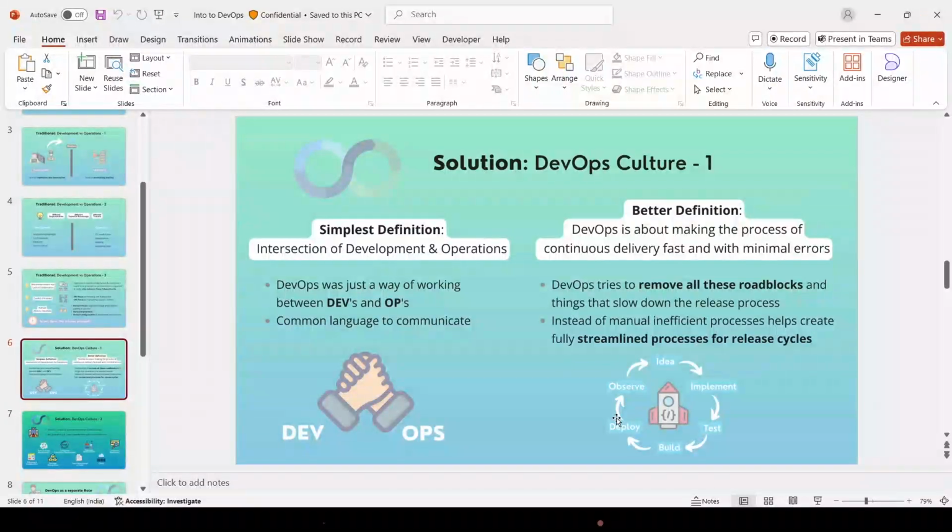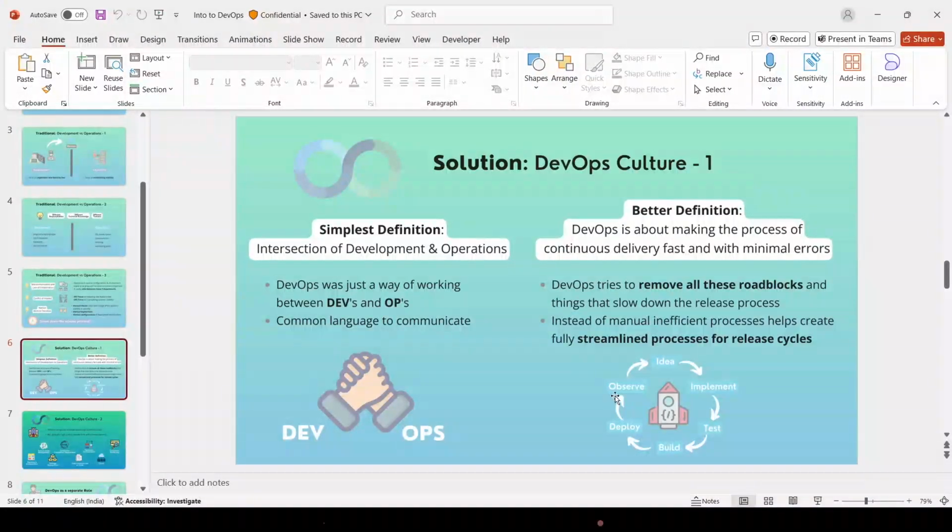Once deployed, we can't leave it like that. Like if the Amazon Big Billion Day sale is coming, and immediately they have to switch from the normal Amazon site to the Big Billion Day site. If they just switch and leave it, because of high traffic and in case there are some bugs, it will crash. If you remember, the first time these Big Billion Days were launched in Amazon and Flipkart, the first time Flipkart servers got crashed. Why? Because they changed the server, they didn't monitor the applications properly, and they didn't manage the availability properly. Because of that, it crashed.